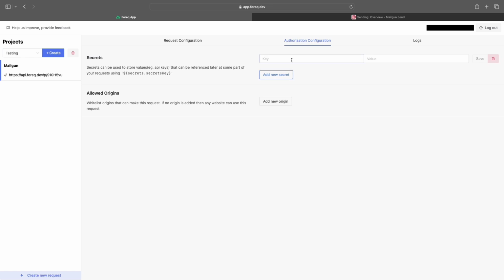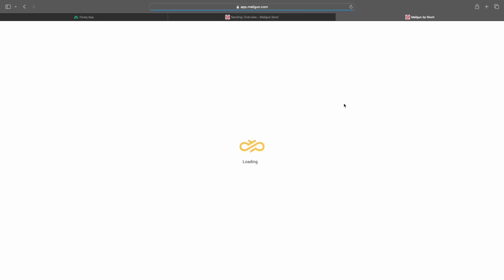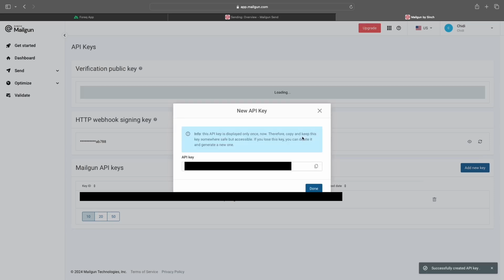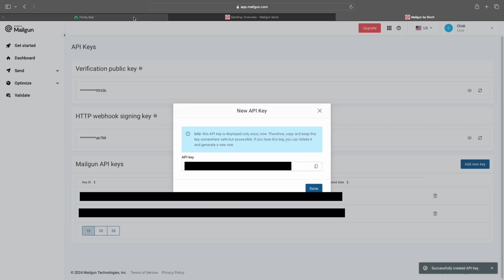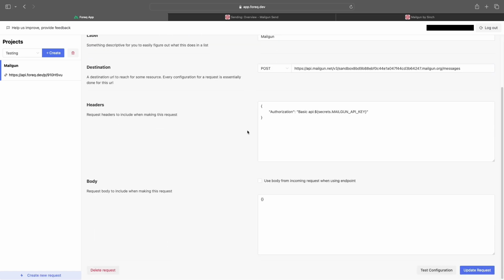So now I'm just going to add in the secret and I'll put in mailgun API key, and I would go to my Mailgun again and go to API keys, create a new key and I'd call this mailgun, not railgun, mailgun. So create key. I'll copy my key, go over to Foreq, paste that in and save that. So now when we test out our request configuration again,